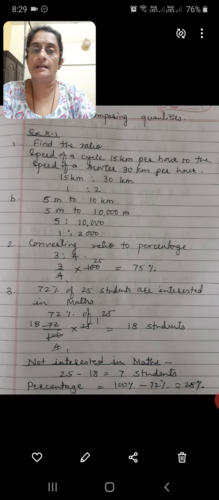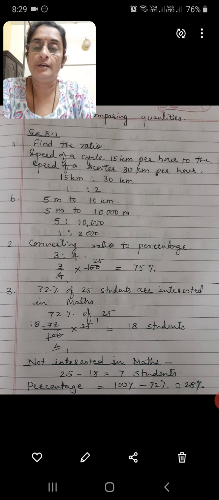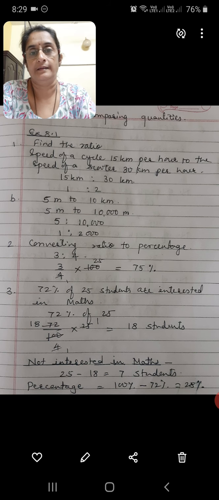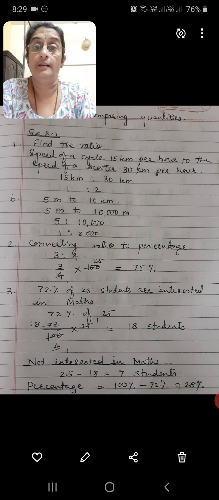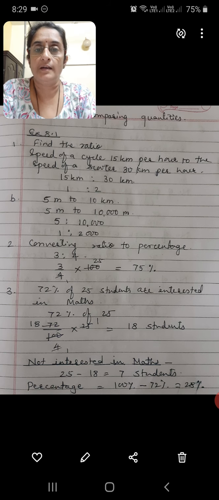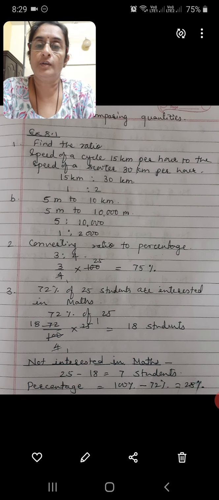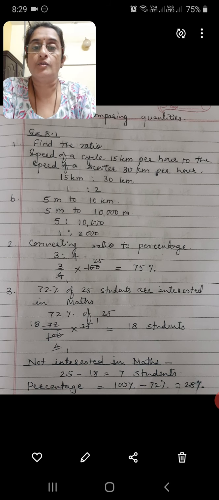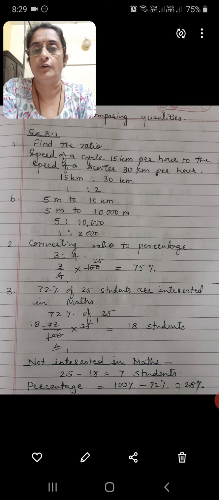The first exercise is regarding percentage. Children, do you know what is percentage? Percent means per 100. We have to find out the value per 100. In standard 7th, we have learned how to convert percentage into ratio, into decimal, into fraction, and how to convert ratio, fraction, and decimal into percentage. Here we are going to revise that concept and go ahead with some new things. So in the first exercise, the ratios are given and you have to convert them into percent.